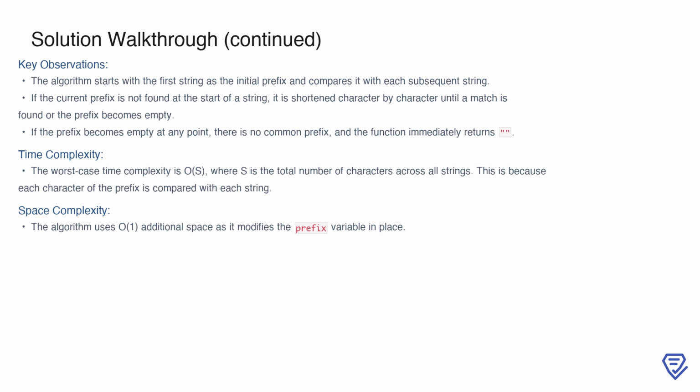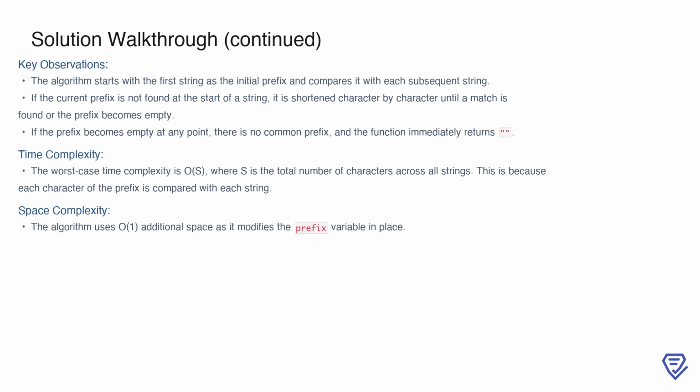It begins by using the first string as the initial prefix and compares it sequentially with the other strings in the list. If a string does not start with the current prefix, the algorithm shortens the prefix character by character until a match is found or the prefix becomes empty. If the prefix becomes empty during any comparison, we know that no common prefix exists, and the function immediately returns